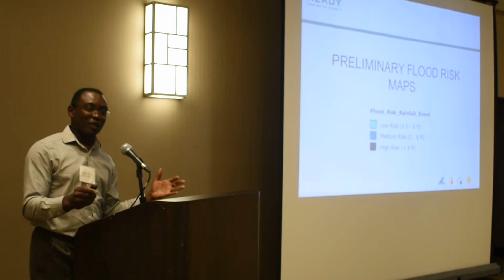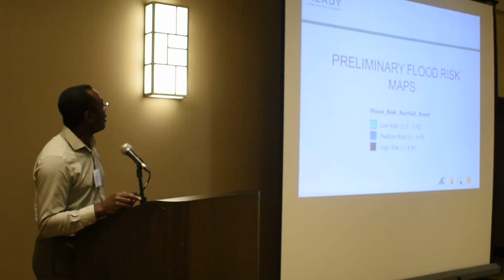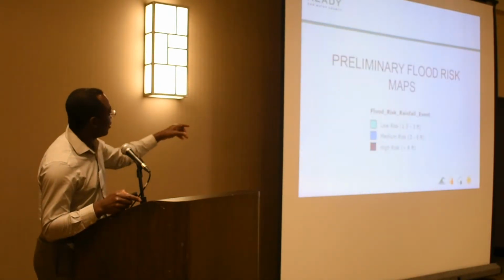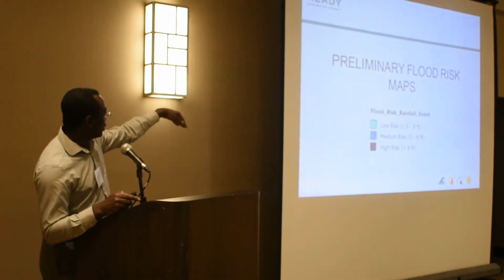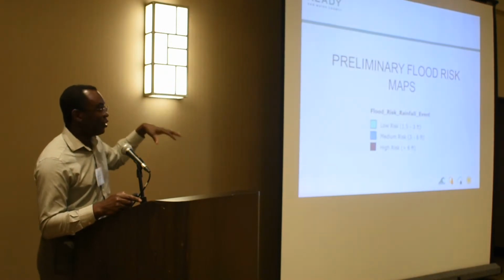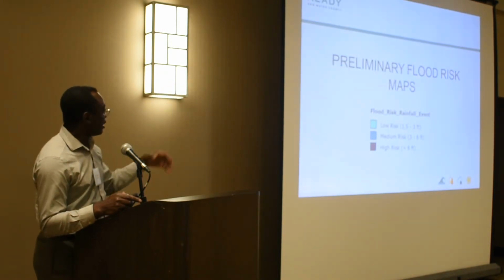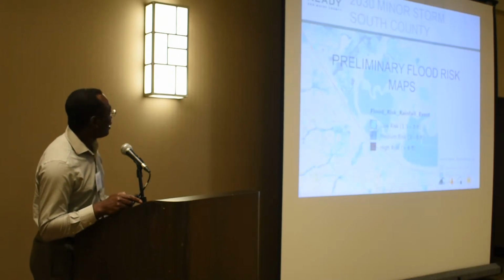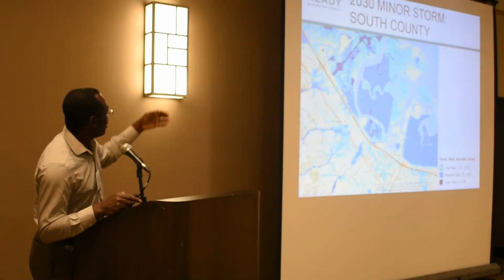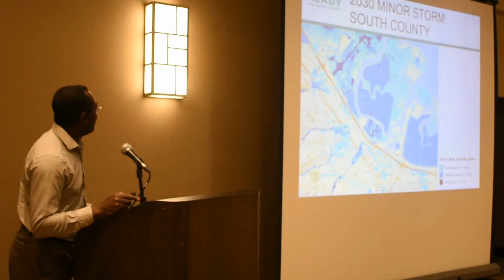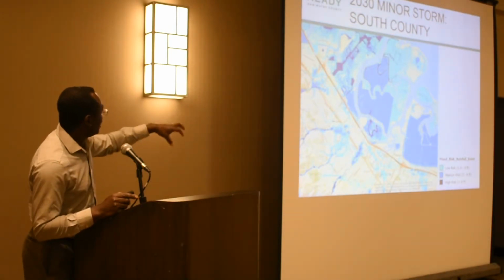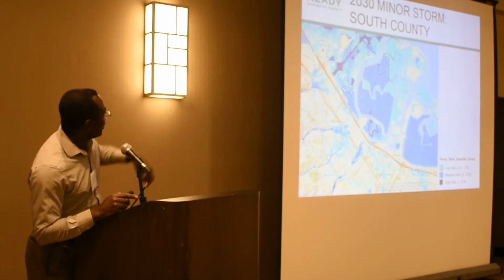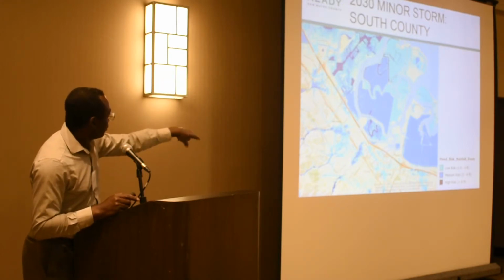And so these are all preliminary. And for all the flood maps, just go back, the low risk area, medium and high risk, as you get progressively darker, there's a higher risk involved there. And these are south coast images, kind of around Redwood Shores, and Redwood Shores Lagoon up in the area there, and then Redwood City kind